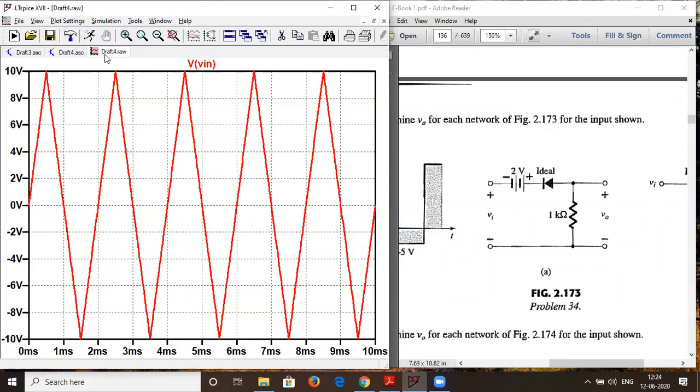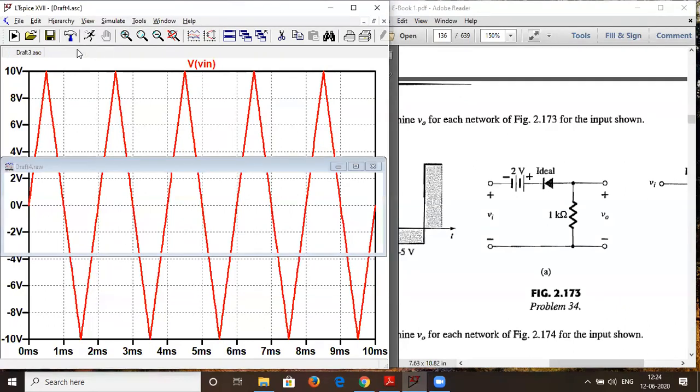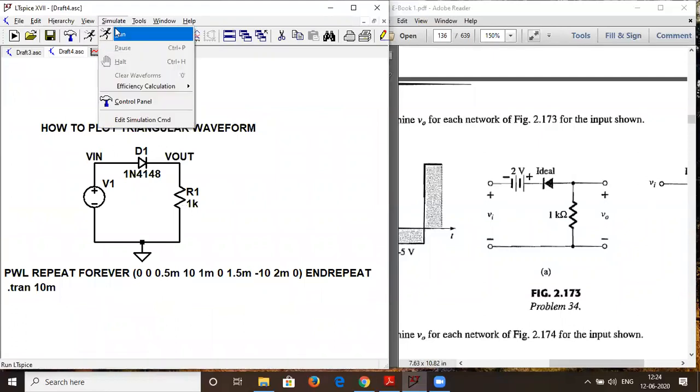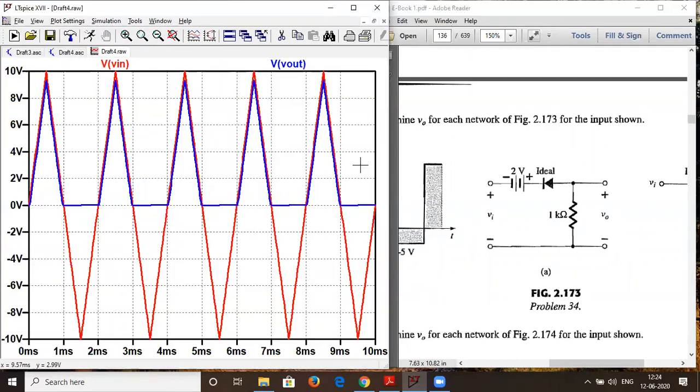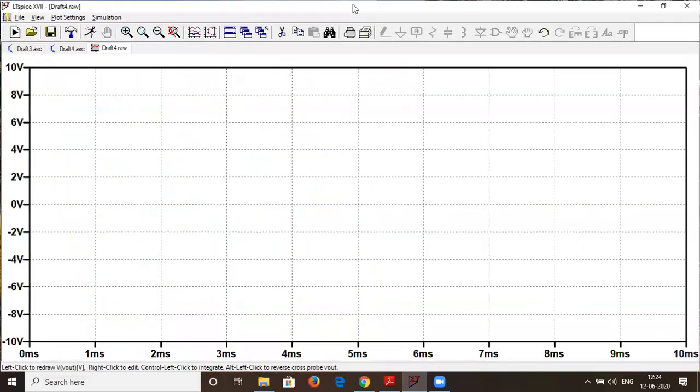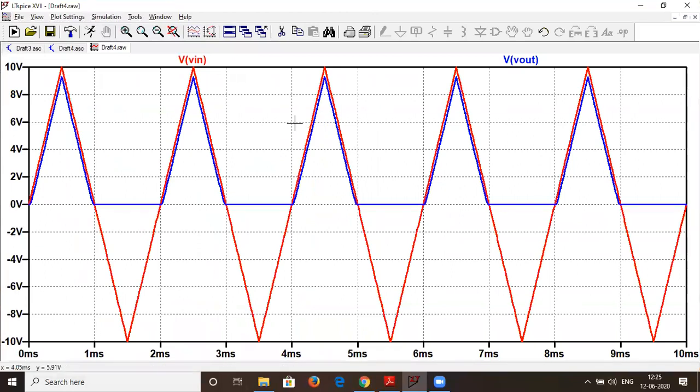Sir, in the same plot, do we need to show the output and input separately? No, same plot. Let me just show you an example. Is this clear? And you have to mark properly which wave level is clipped and which is not clipped. So the waveform should look like this if you expand it, and you have to take the entire image of it properly. This is font size 15, so from now on use font size 15. As you can see on your screen, this is the type of analysis that is required. Is that clear?